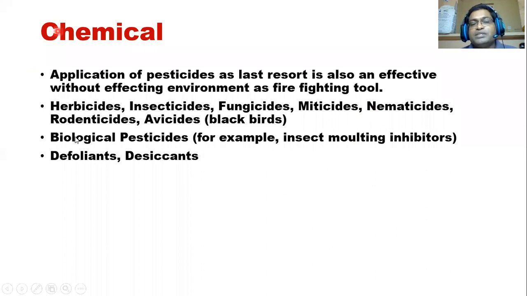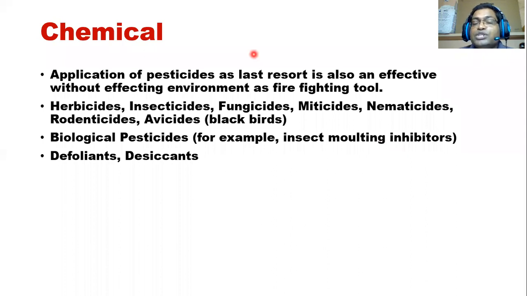Some biological pesticides are also there, meaning organisms or hormones extracted from insects. You could use the juvenile hormone and molting hormone of insects. These hormones are used as a spray over the insect, so the insect will not molt. A juvenile will not become an adult, and a larva will remain a larva. There is no completion of the life cycle. But you have to use a minimum amount. We will study biological control and chemical pesticides, their classification and impact, later in a separate section.